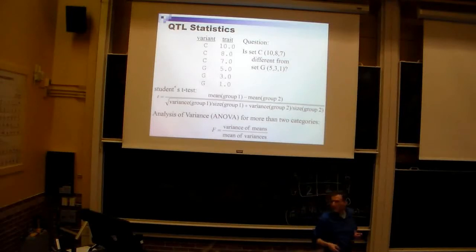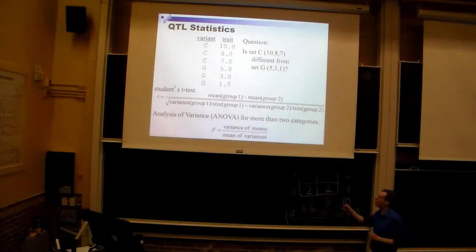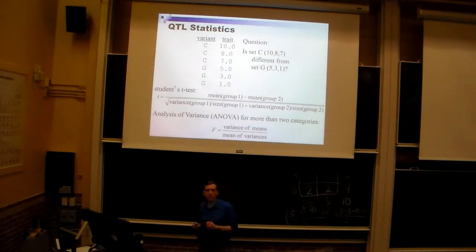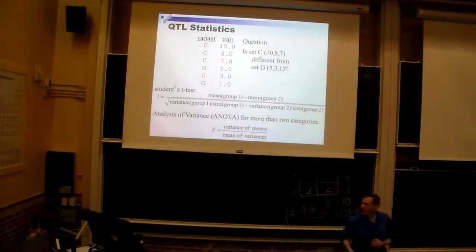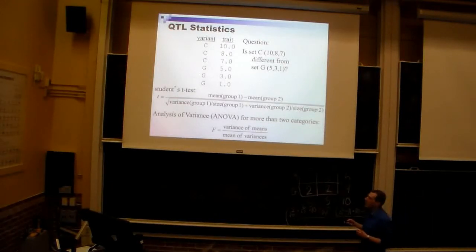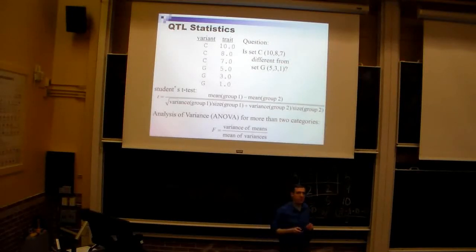There's a related statistic called an F statistic, used for analysis of variance, ANOVA. You usually see that term associated with this, that we would use if we have more than two categories. So in an ANOVA test, we're basically doing the same intuition. We are looking at the variance of the means, so asking how far apart the means of our different categories are. So if, let's say, we had 3 alleles, C, G, or A at this site, then we would have 3 categories. We would compute the mean value of each category and ask about the spread between those mean values,